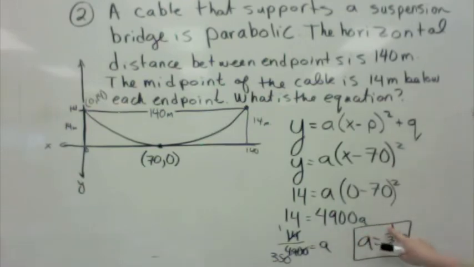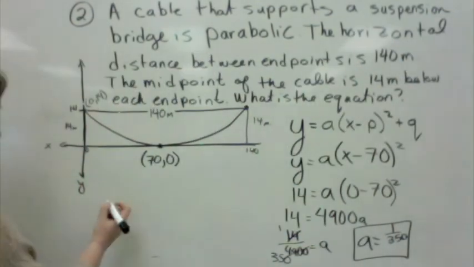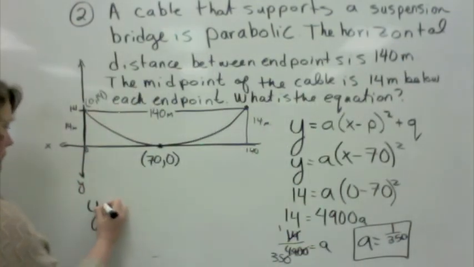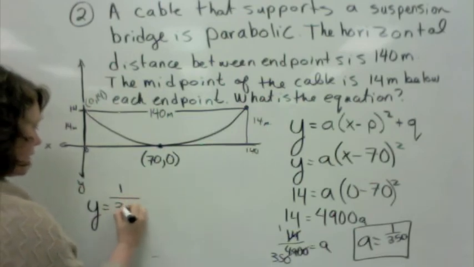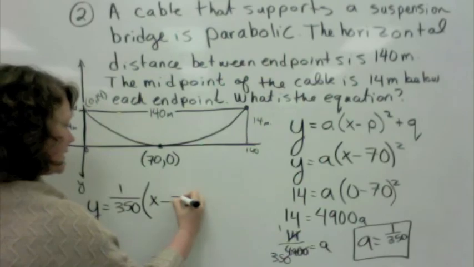So since now we know what a is, we can plunk it back into this version of the equation because we have our p and q solved for. We just need to solve for the a. So then your final answer is going to be y equals 1 over 350 times (x minus 70)